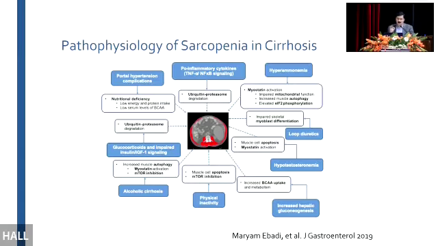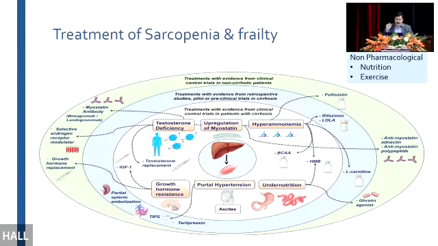So let's just move on to the treatment part. There are a lot of targets for treatment which have been identified: hyperammonemia, pro-inflammatory cytokines, portal hypertension, the hormone levels, and physical inactivity. So I'll just focus on a few concepts here. Non-pharmacological treatments which have shown benefit are nutrition and exercise only. A lot of drugs are in the pipeline, but the few drugs which I'm going to discuss are branched-chain amino acids, L-carnitine, and there's some little data on use of TIPS and other drugs.